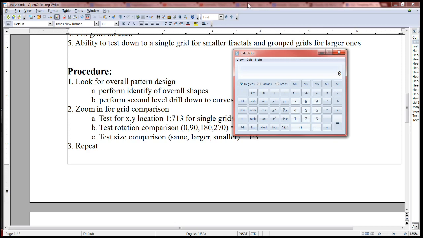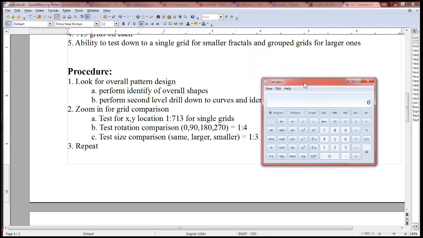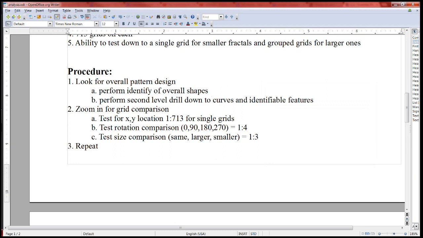So what we'll do is we'll take that number, and that'll be our first number, and then we'll find another grid. And we'll determine the odds on that, determine whether or not it matches. That number that we come out with for the odds will be multiplied by the first number. What we end up with at the very end is all these numbers multiplied together, and we have our odds of 1 out of, and it's going to be an astronomical number that we come to. Because what we'll also be testing for is rotation. So just because we see her face located in the same location,